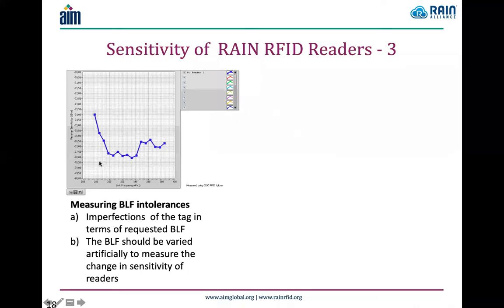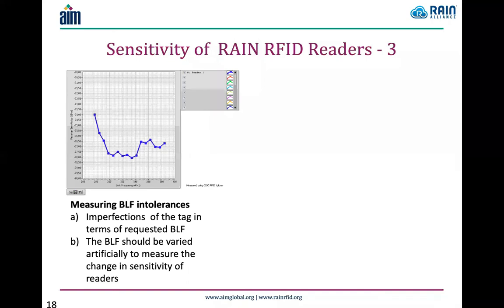And when the tag answered at 280 kilohertz, which is about 15% of the receiver sensitivity, we noticed a change of 4 dB. Therefore, the poorer the sensitivity of the receiver, the higher the chances of a system failure. Although the RFID protocol allows some backlink frequency (BLF) variation, it is dependent on the backlink, and this variation is actually dependent on the BLF itself. If I'm not wrong, it could be somewhere between 6% to 20%,